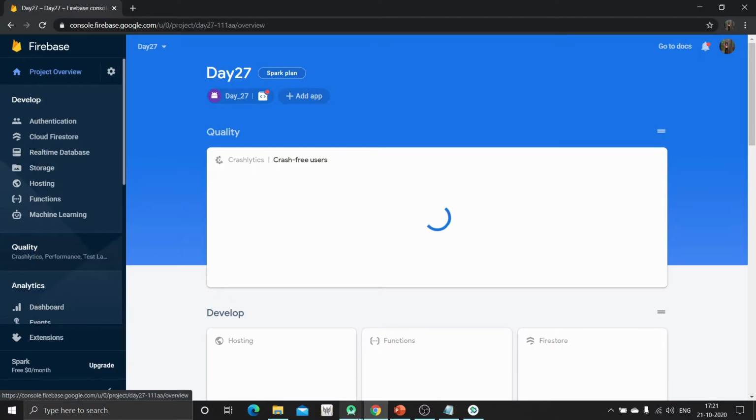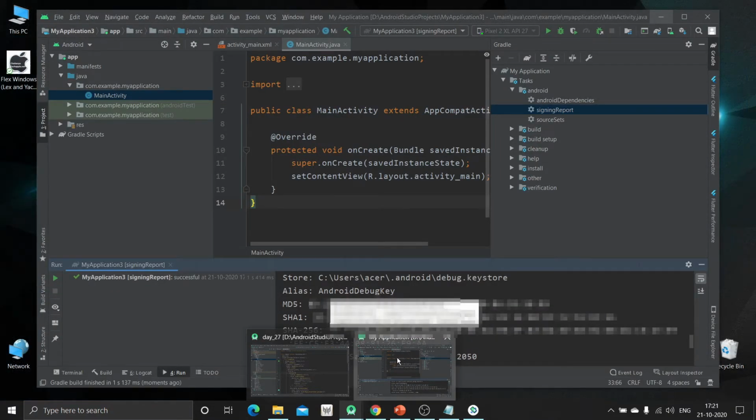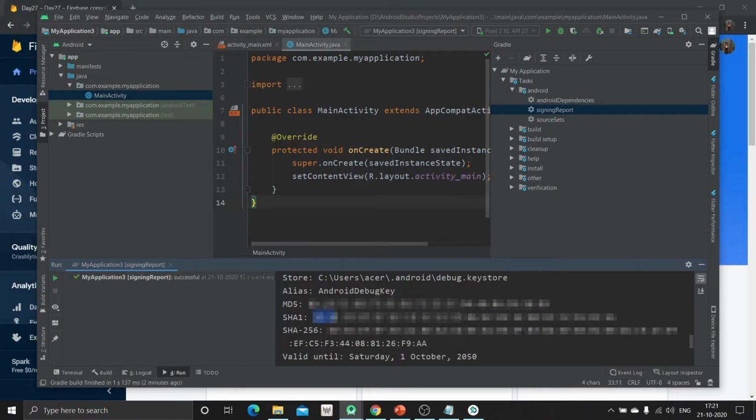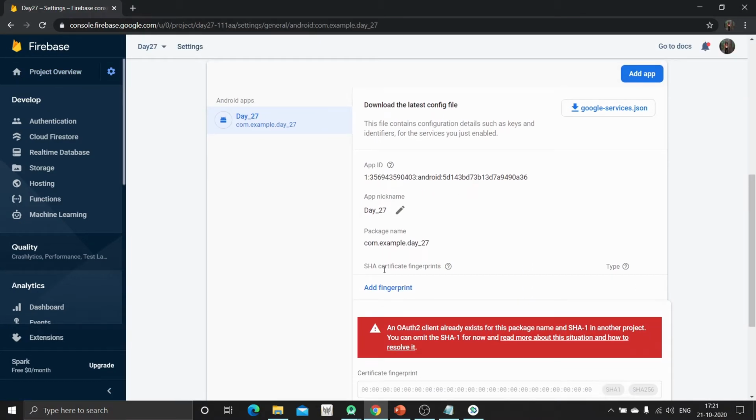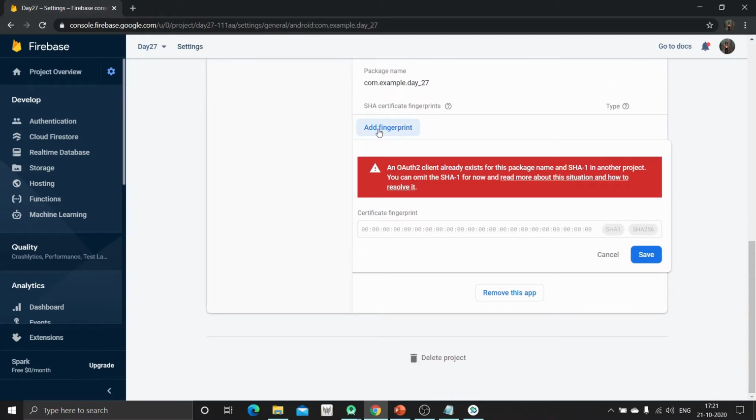The SHA key which we have copied from here, let me copy it again. We can paste it inside this project setting, and here you can add fingerprint and paste it over here.